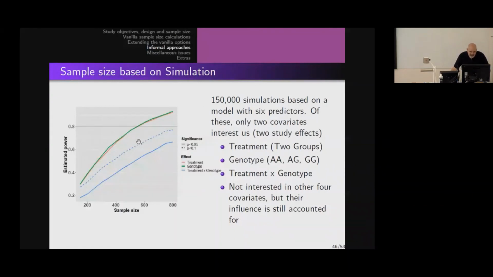So here we can see for both the main effects, treatment and genotype, that 600 patients or so, maybe fewer, would get us 80% power, okay? For the interaction effect, we'd probably want 800 because a lot of the time people will just use p equals 0.1 to power interaction effects. But the point is in this type of study, we probably could have got away with 550 to 600 patients, okay? So we would include that graph in our grant application and say, we want 600 patients.